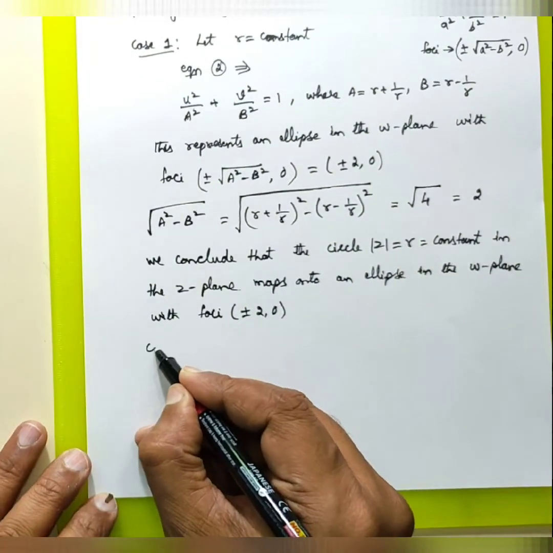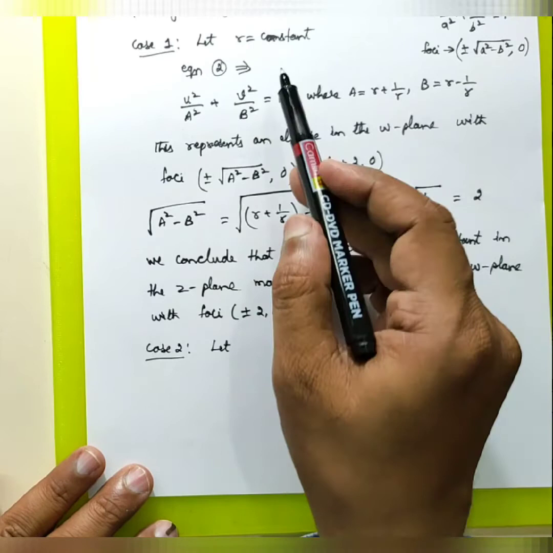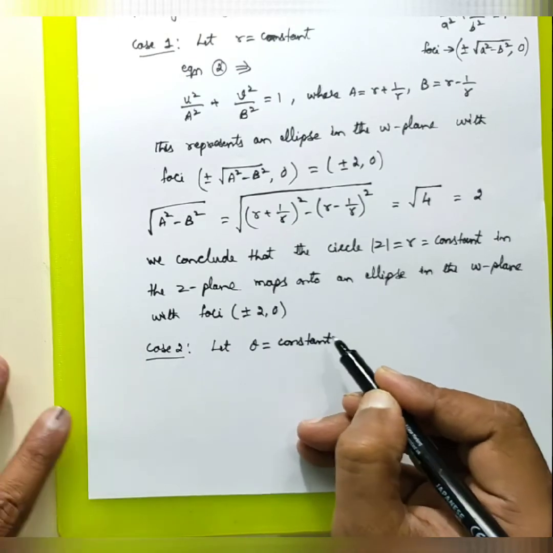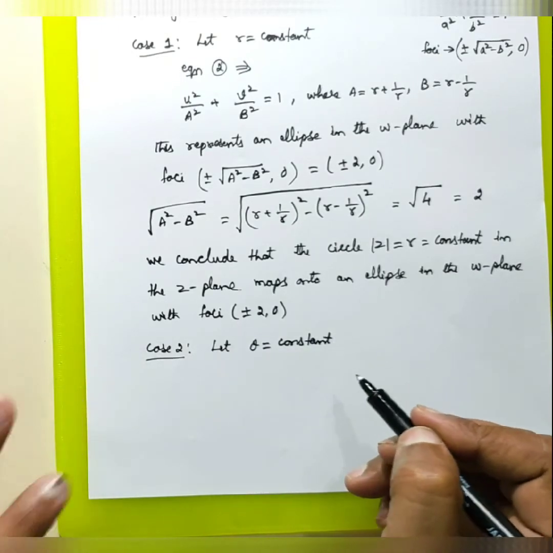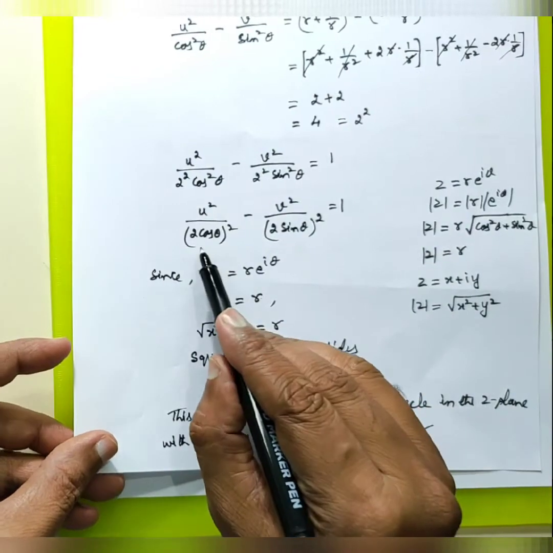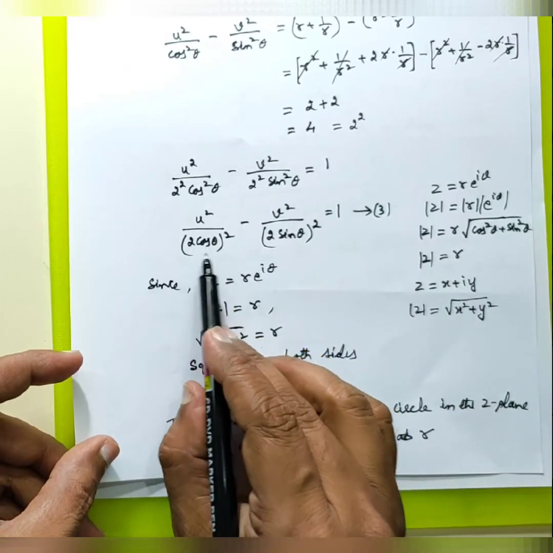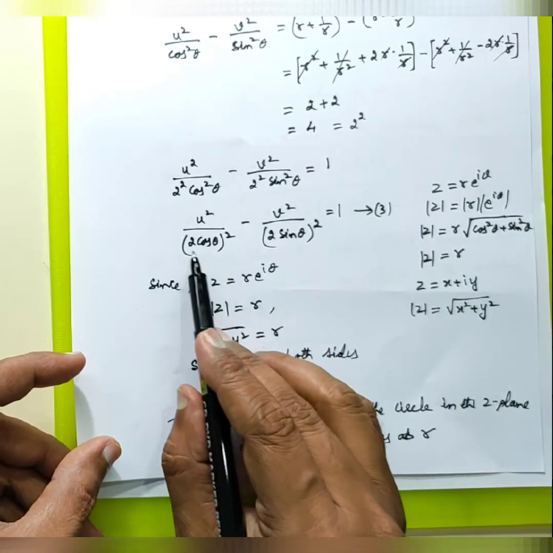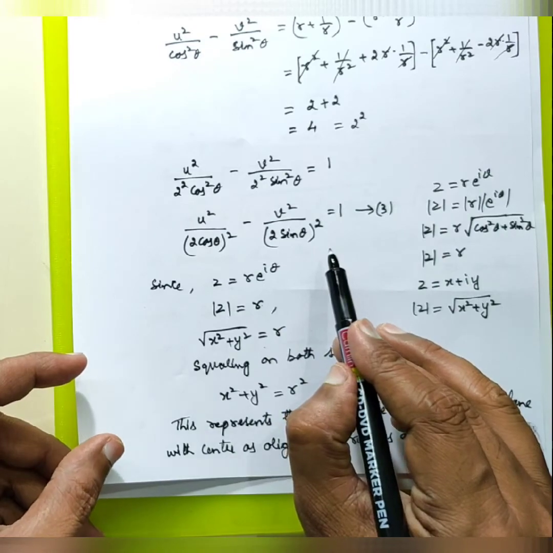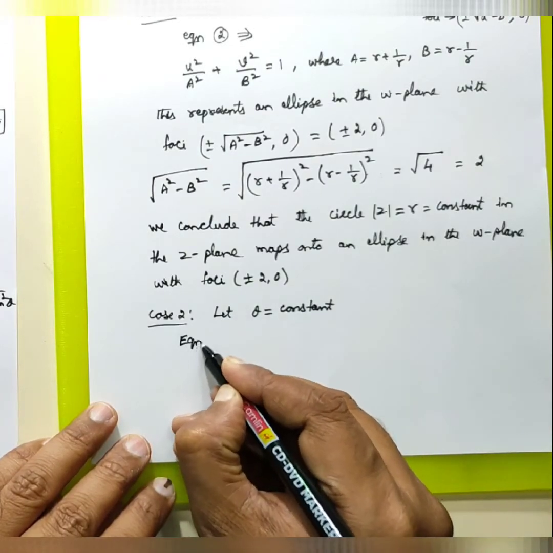Now we'll move to case number 2. So what will be this case number 2? In the first case I have taken r as constant. Now I will be taking theta to be constant. So if theta is constant, what will happen? Let us try to see when theta is constant. If you go back to the equation where you have theta, you can take this as equation number 3. So this is the value of theta, so theta is a constant. So 2 cos theta will completely become a constant. Here 2 sin theta will also become a constant. So let us take these values to be equal to, say, some a and b. So once again, theta is a constant. Equation number 3 implies